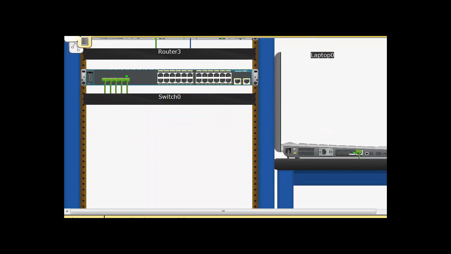In my rack, I have 5 routers plus 1 switch. Now I want to configure all these routers from this laptop. By default, all the routers have the host name Router. First, I will go to my first router.